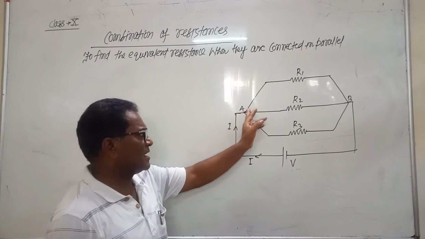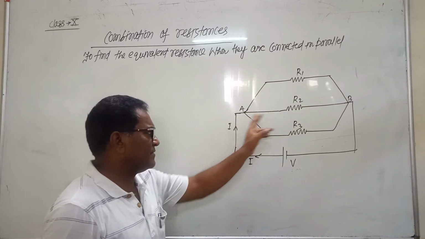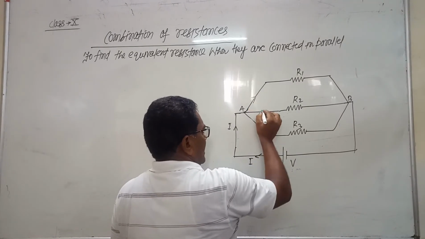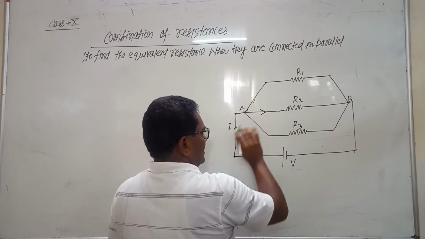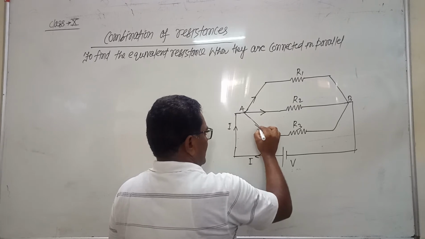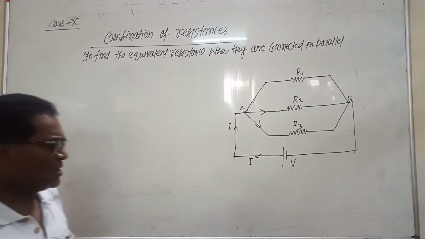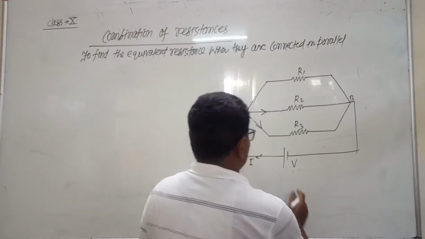The value of current in this path will be different and the value of current in this path will be different. So in parallel combination,